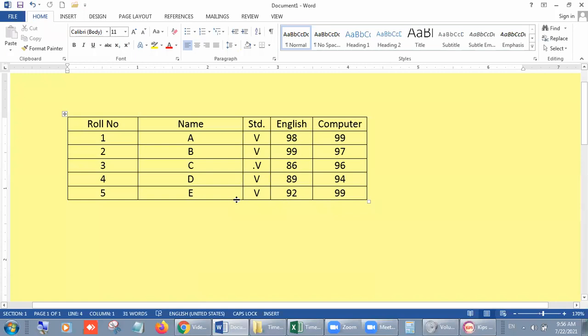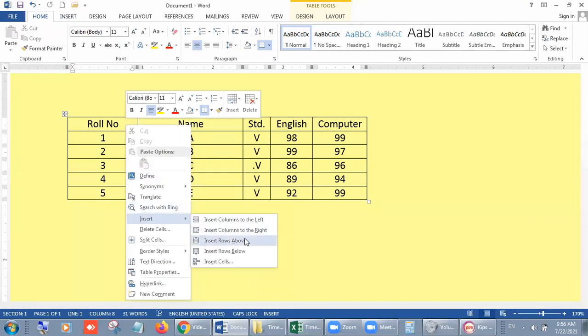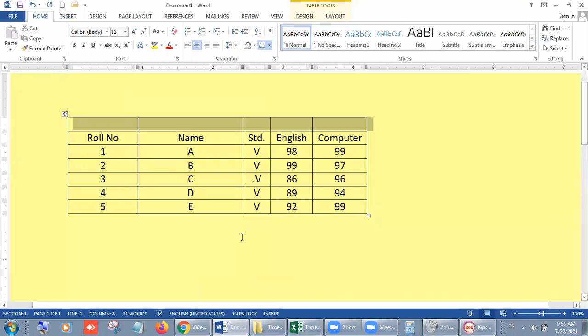Suppose I already told you how you can insert a row. Now go on any column, right click on it, and go to Insert, then Row Above. Look students, in this way I already created one new row in the table.